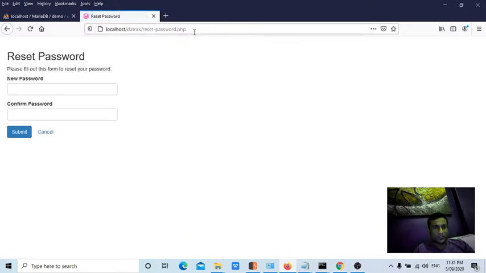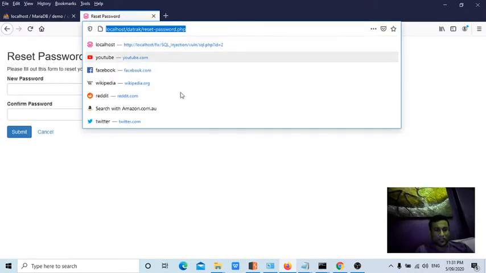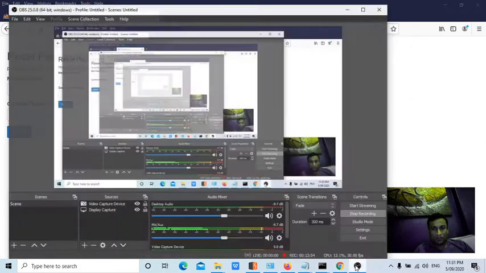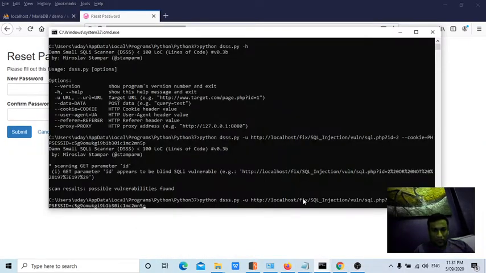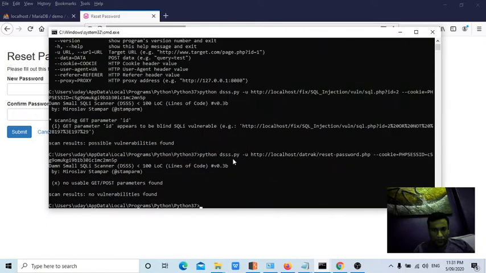Now let's check whether this particular page is vulnerable to SQL injection or not. I'll put the session ID as it is, and I'll try to give the internal file path now from here. No usable get or parameter request found.